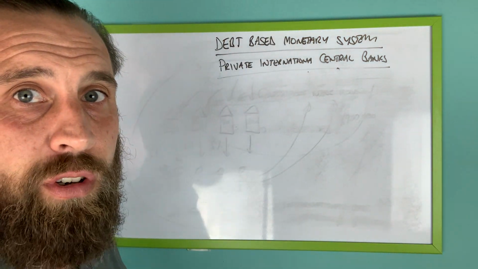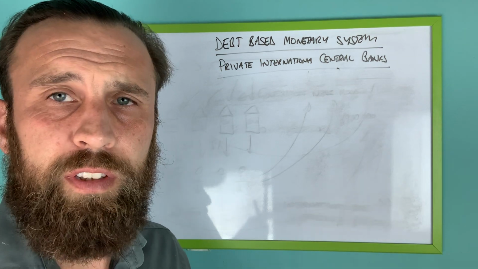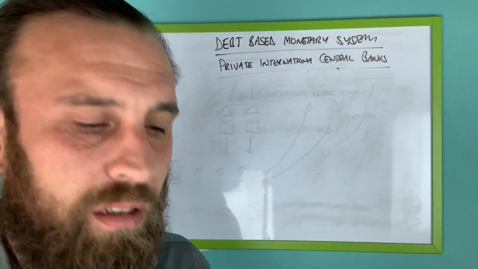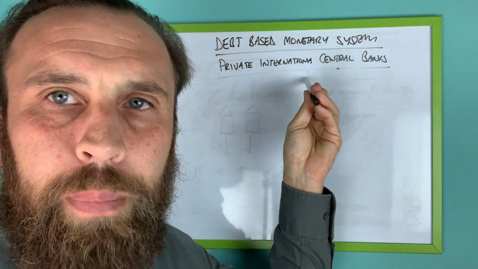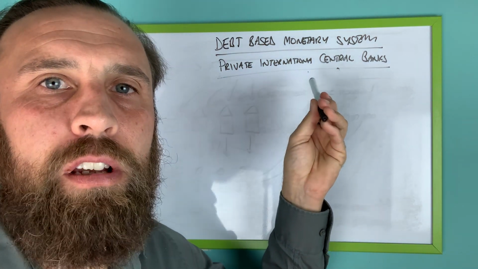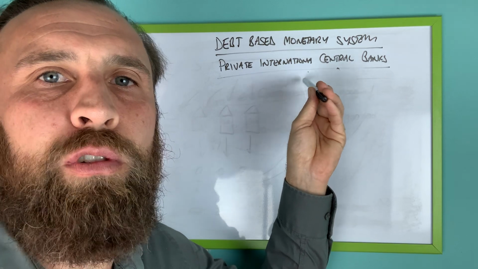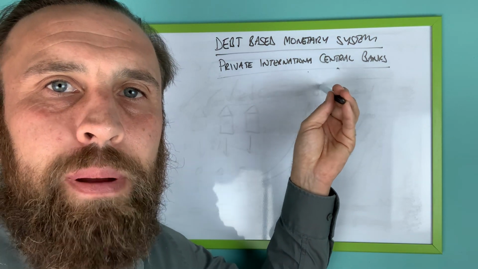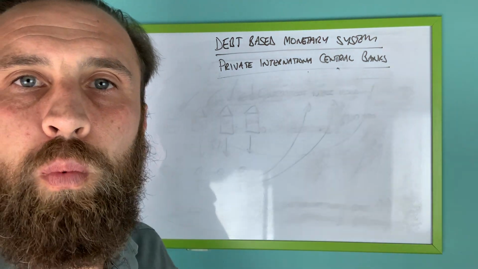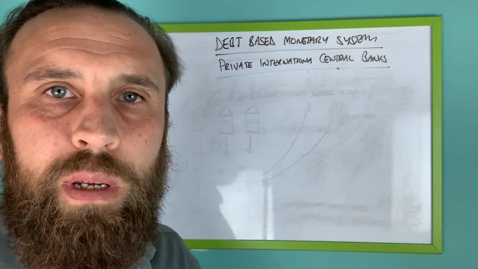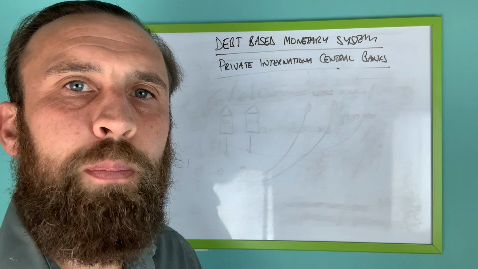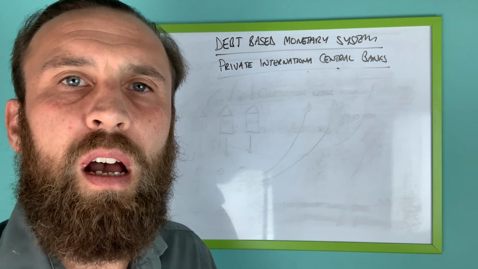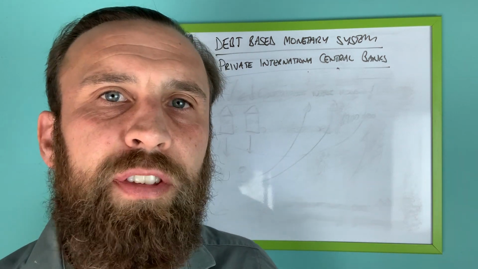Now, we've talked before about interest and about how the bank doesn't print the money for the interest. Okay, so you can never pay them back. The system is designed so that we can never pay the central bank back because they never put enough money in circulation to be able to pay them back. The system is designed so that every second that passes, they own more and more of the world. And unless we put a stop to it, it's only going to get worse and worse and worse until there's nothing left for us